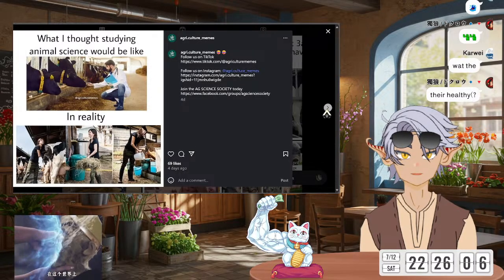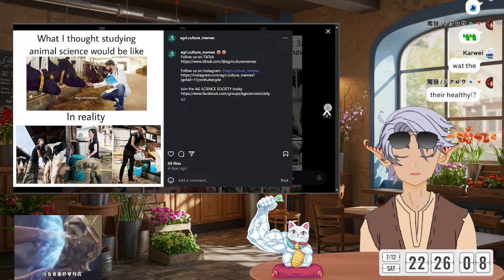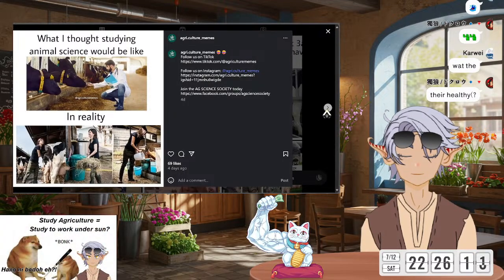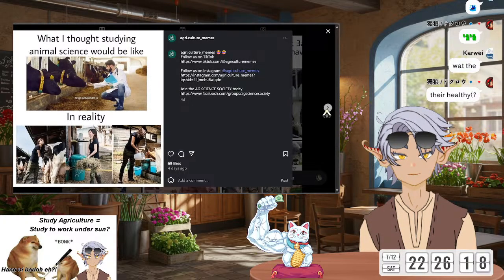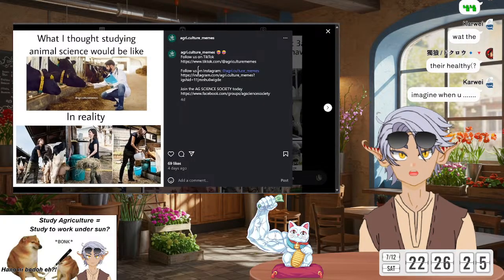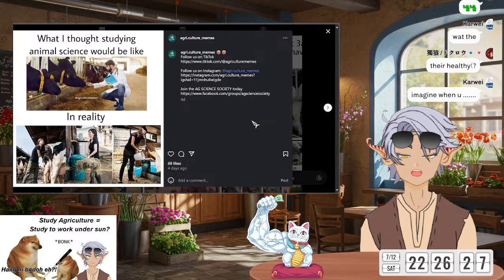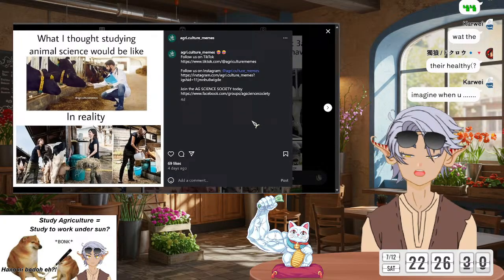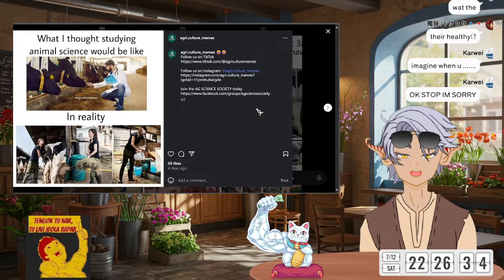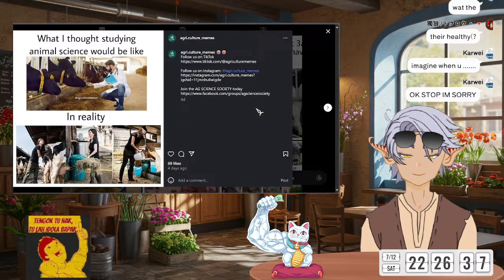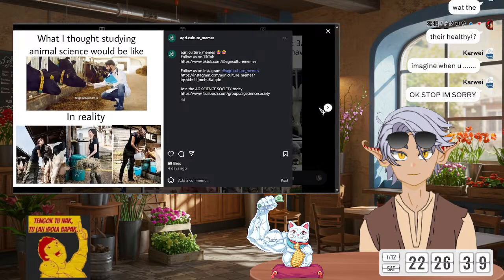Yeah, because as I know, cow have 4 stomach and different functions, so they need to feel the cow to check something lah. Okay. Imagine when you, okay, I'll stop. Never mind. If you want to continue, you continue. I don't force you. I won't force you.